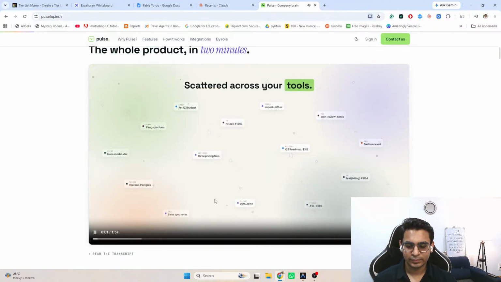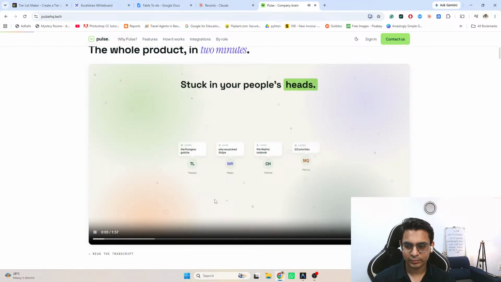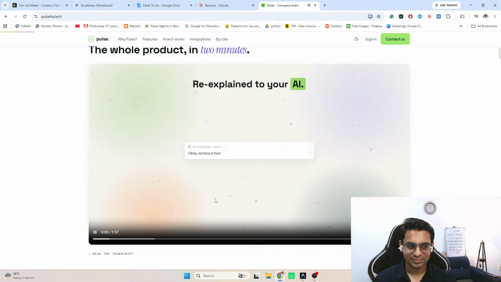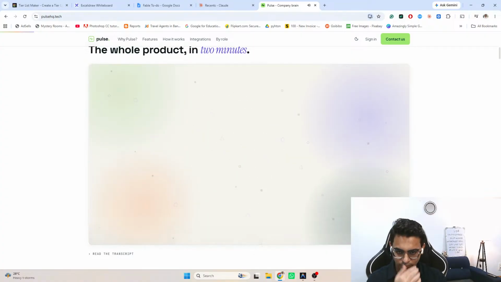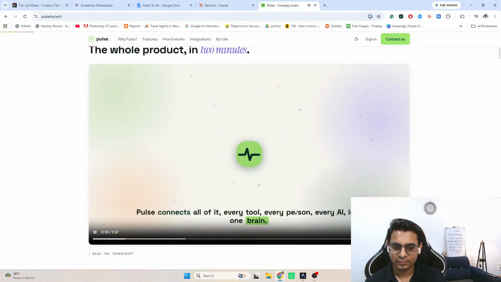Everything your company knows is scattered across your tools, stuck in your people's heads, and re-explained over and over to your AI. Pulse connects all of it, every tool, every person, every AI, into one company brain that never